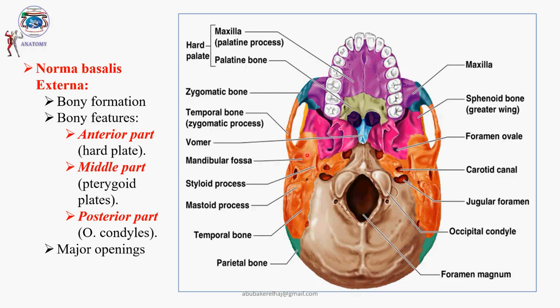Here, this is the site of the articulation of the head of the mandible at the mandibular fossa to form the temporomandibular joint, and this is the most important projection, which is called the mastoid process. Okay, and lateral to the mastoid process, as you see here, we have this irregular foramen, which is called the jugular foramen. The jugular foramen is responsible for the passage of the lower cranial nerves and the jugular vein: the glossopharyngeal nerve, vagus nerve, and